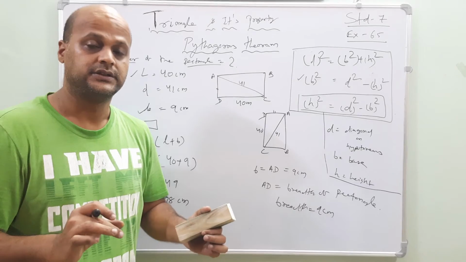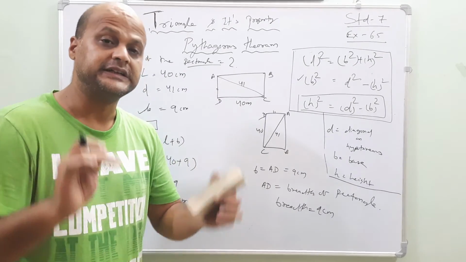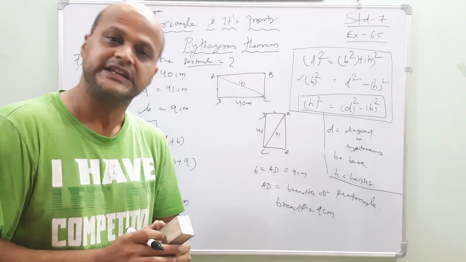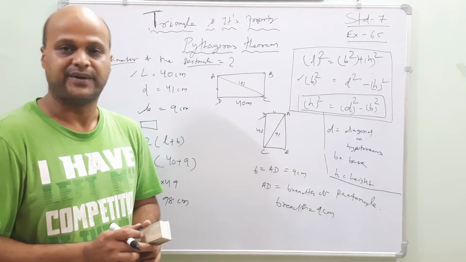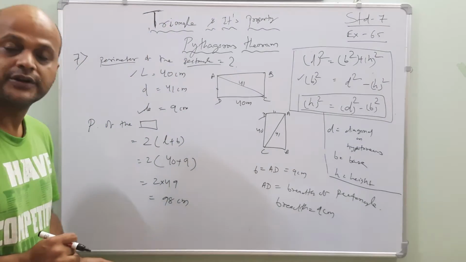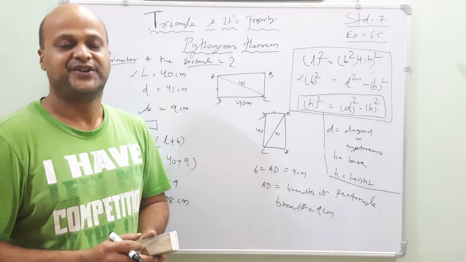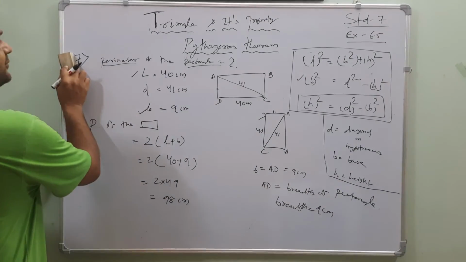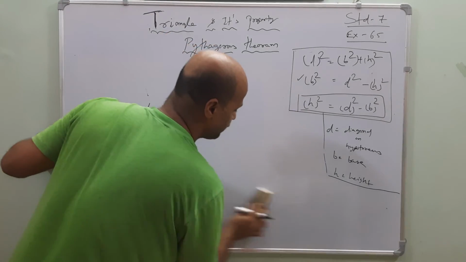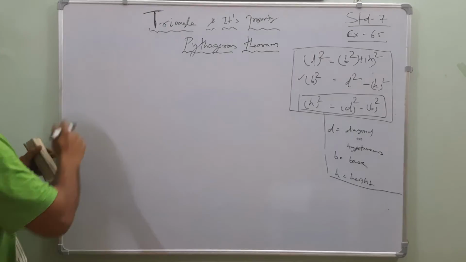Like this manner you have to find out the answer of every question by using the Pythagoras theorem. But before implementing the Pythagoras theorem, read the question very, very carefully so that you can solve the question easily. Understood? Okay, my dear friends. Very good. Now, shall we go for the last one or will you do it by yourself? Okay, I will do it. Now, come to the point. Like this manner, you have to find out, my dear friends, question by question by implementing the Pythagoras theorem.